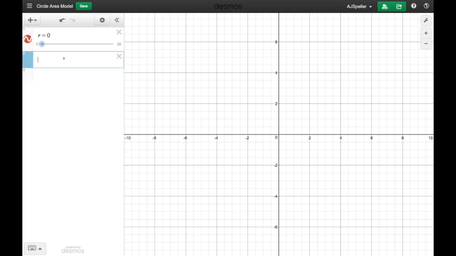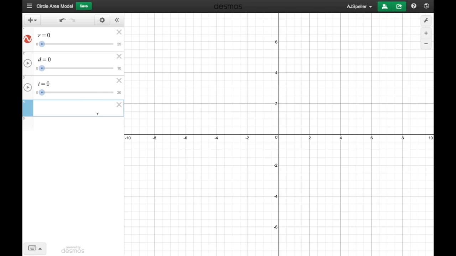Next, let's put in the dr/dt, or the rate at which the radius is changing. We're going to call that d, again giving it an initial value of 0, but then changing the boundaries. It can go from as low as 0, I'm going to say as high as 10, and again moving in increments of a tenth. And last but not least, we're going to put in a slider for time, again with an initial value of 0, but we're going to change the boundary so the time goes from 0, I'll say up to 20, and I'll also give that a step of a tenth.